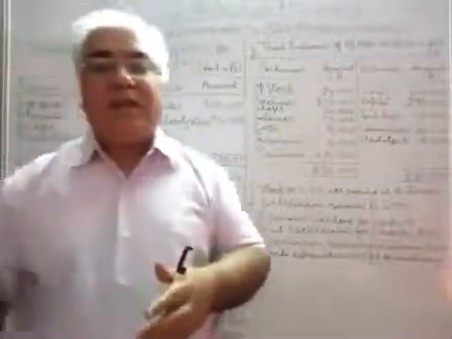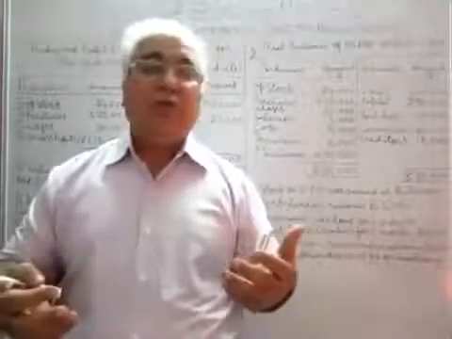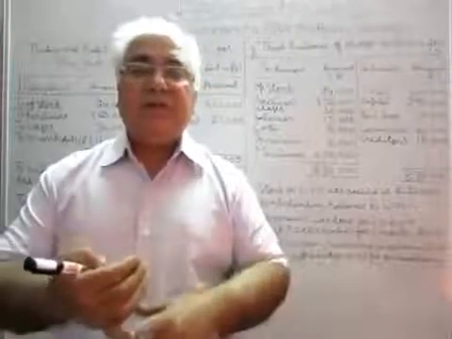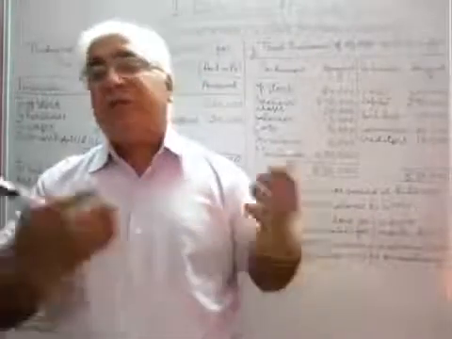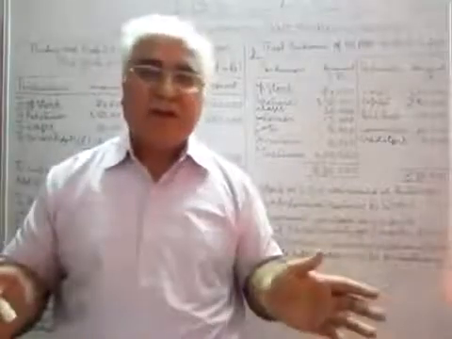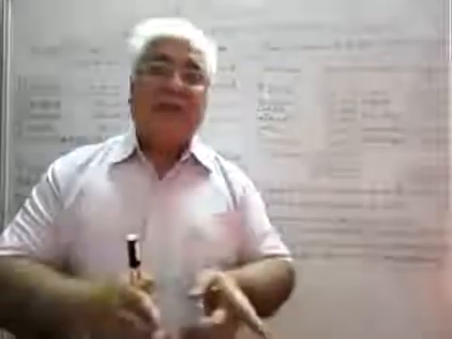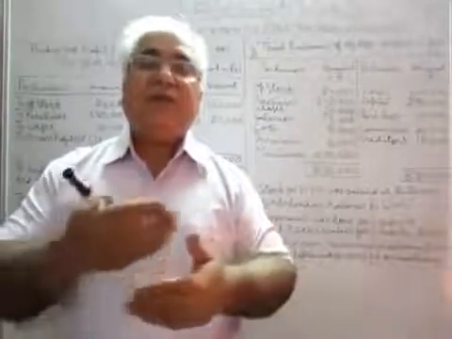Similarly, on the income side, there could be certain incomes which have accrued to you but you have not received. Could be interest, commission, rent, anything. It has accrued to you, it has become due to you, but you have not received it. So you have to recognize that income in this year and create an asset which is to be, say, received